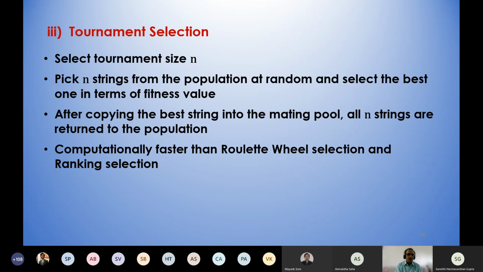So let me go to the next. Now, computationally, it is faster than the roulette wheel selection and the ranking selection. And as I told, it is very simple and this method is the most popular one. Nowadays, whenever we use genetic algorithm, we use only the tournament selection as the reproduction scheme.